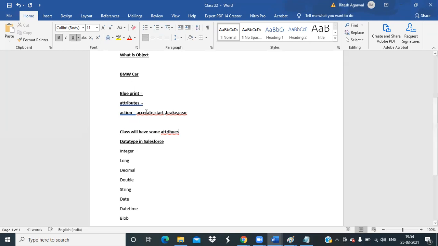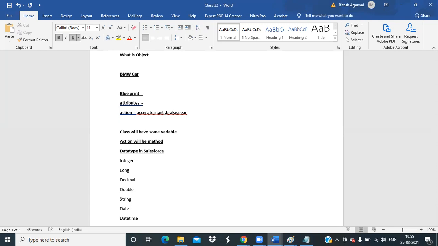Attributes could be variables in a class, and actions could be methods.